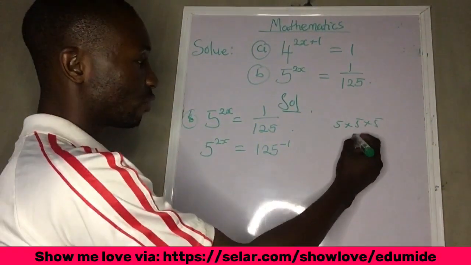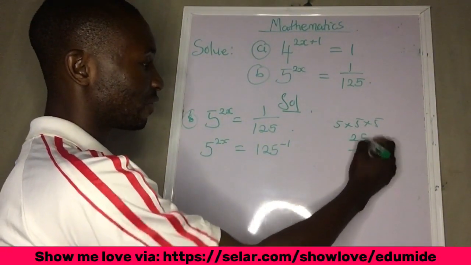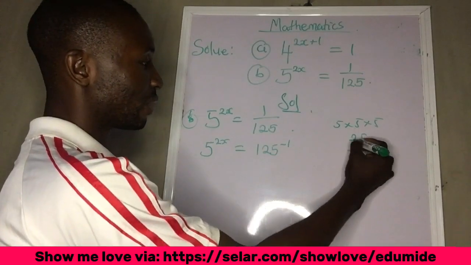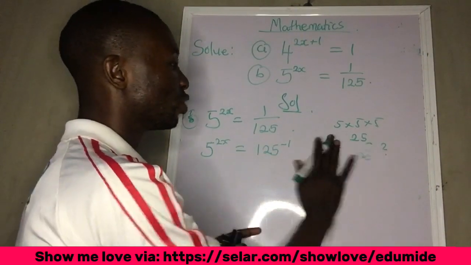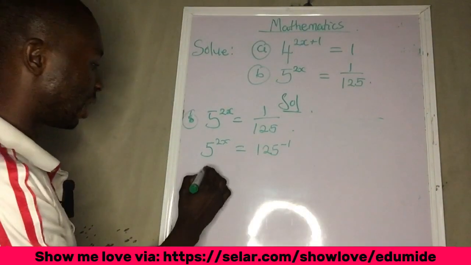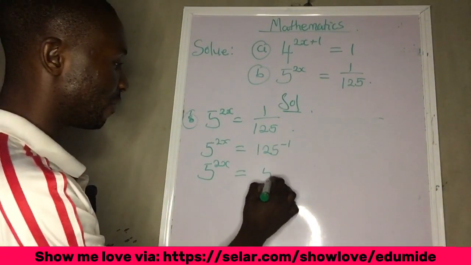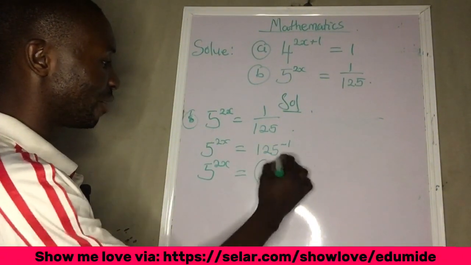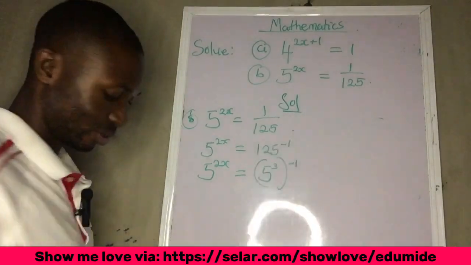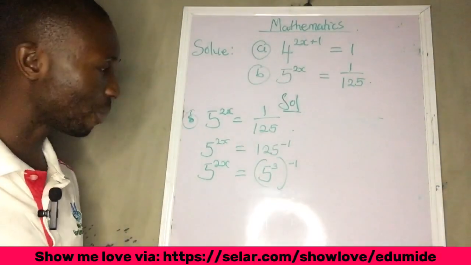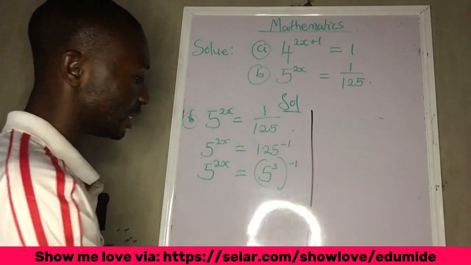So 5 times 5 is 25. 25 times 5: 5 times 2 is 10, and we have 125. So you have 5 raised to power 3. So you have 5 raised to power 2x is equal to 5 raised to power 3, then raised to power minus 1. So from one of the laws of indices,